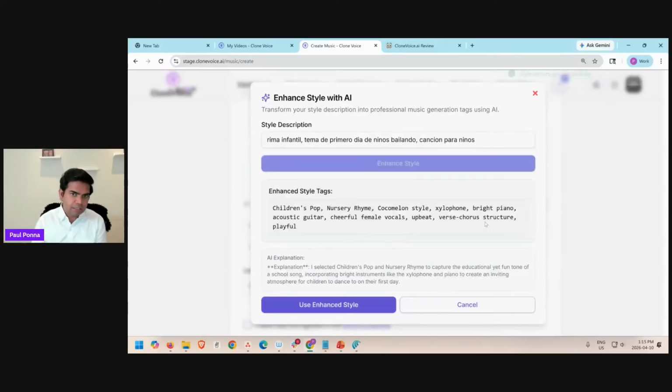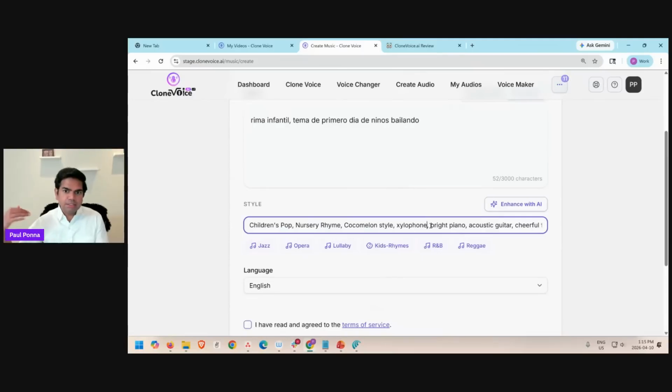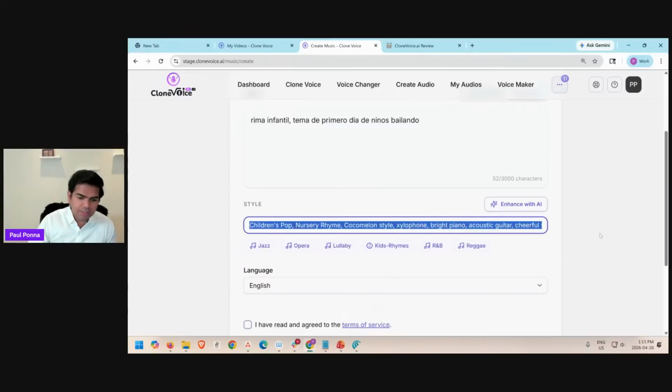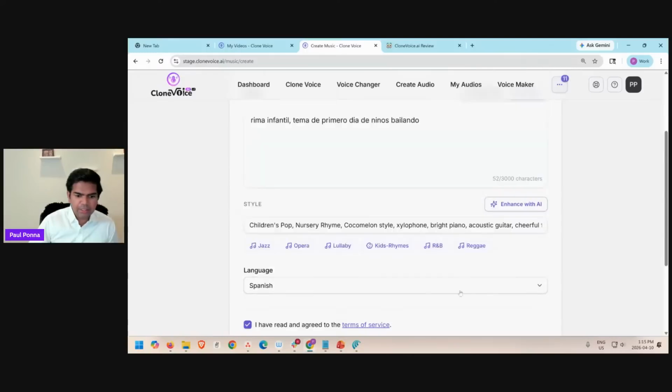And many times it'll be in English, so don't worry though, because the idea is that we still have to put these instruments, right? So the way it is training behind the scenes is it still gives that in English. So if you're good in that language, in other languages, okay. But don't worry if you see it in English, all right? Not a big problem. Here you want to give it in Spanish, let's say, and then you would do it